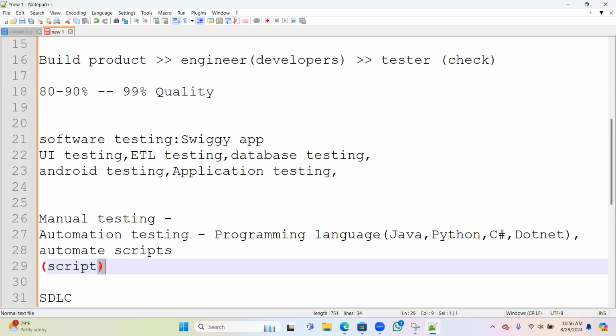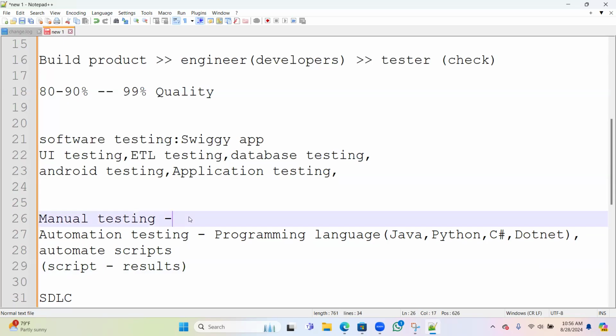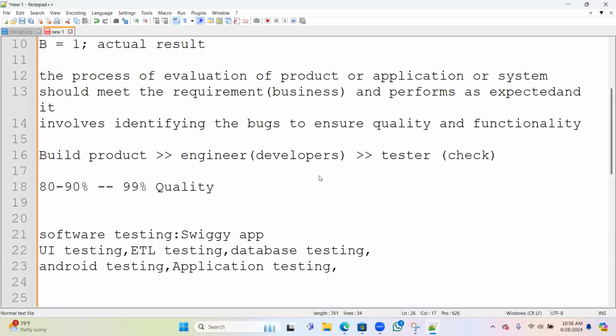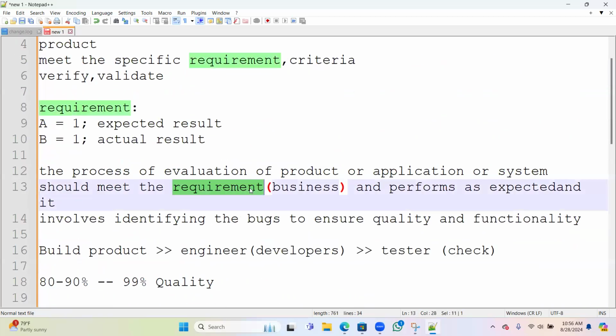You don't need to run or check one by one, step by step. If you run this script, it will execute and provide the results. That is automation. Whereas in manual testing, you execute step by step, see the output, and make sure the output matches the requirement.